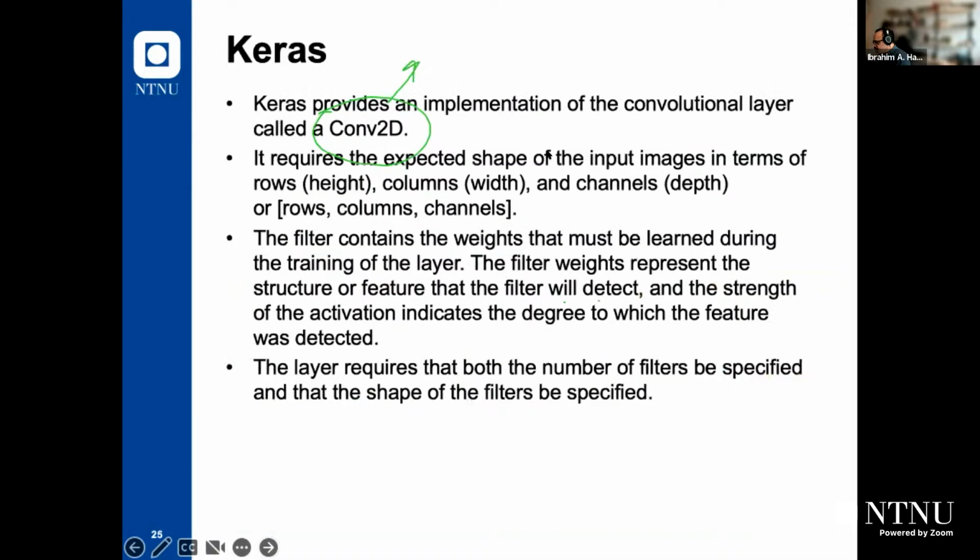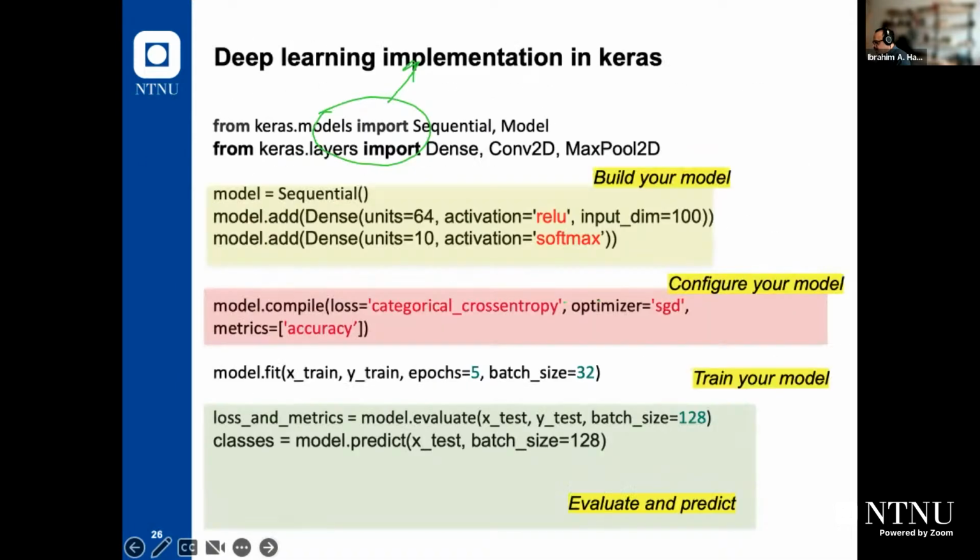So for the implementation in Keras, if you want to import a model, we can build our model using the Sequential API or the Model API, for example. So we need to import Sequential and Model from keras.models. From layers, we need to import Dense, because we will use dense layers for building our classification part, and also Conv2D and MaxPooling2D. When we build our model,